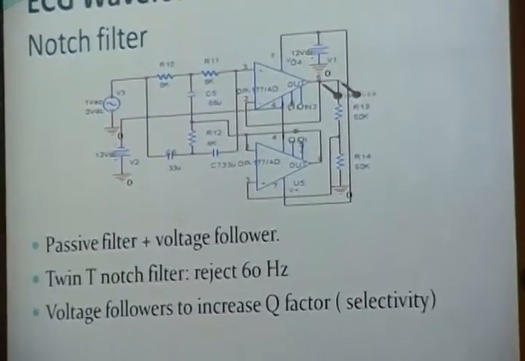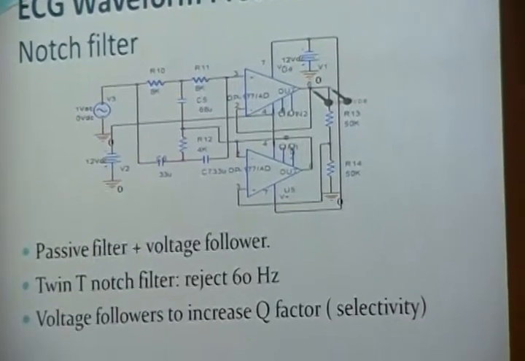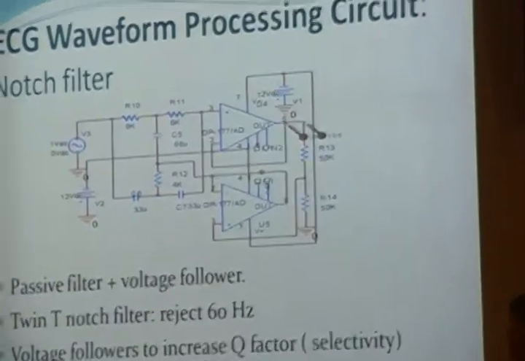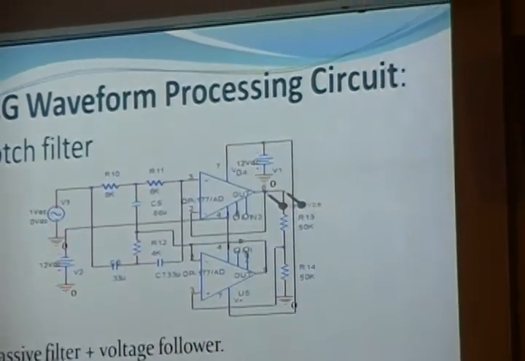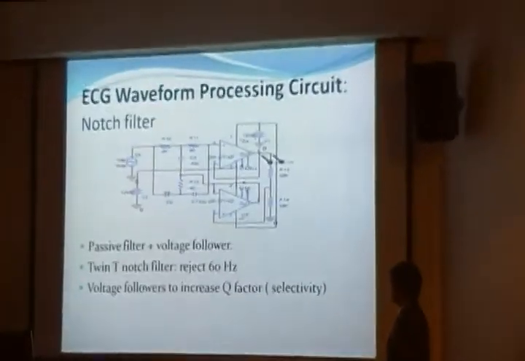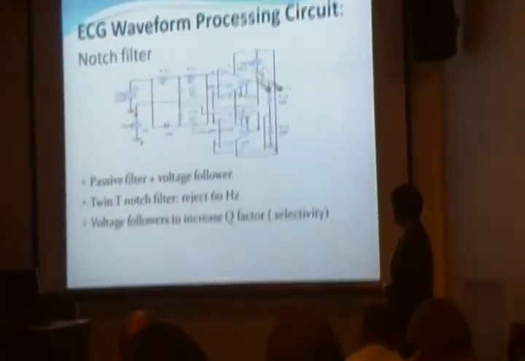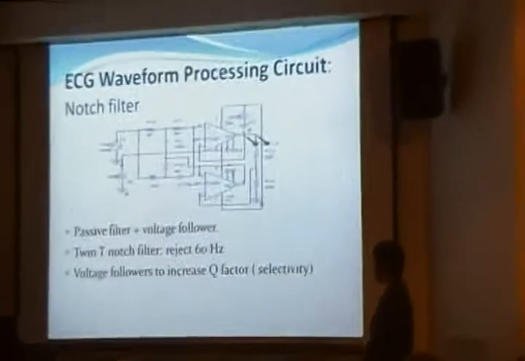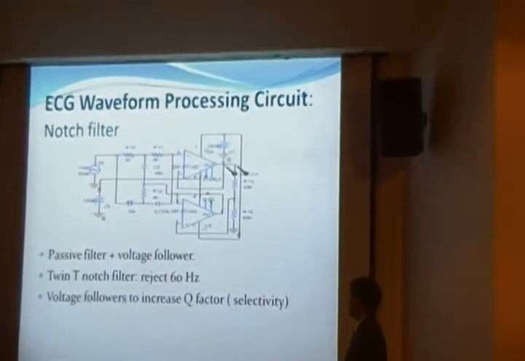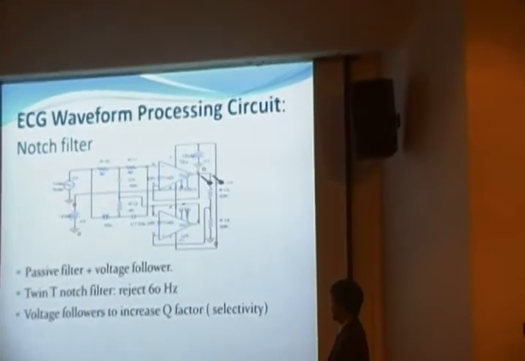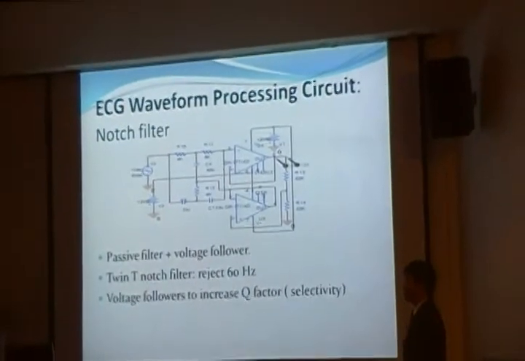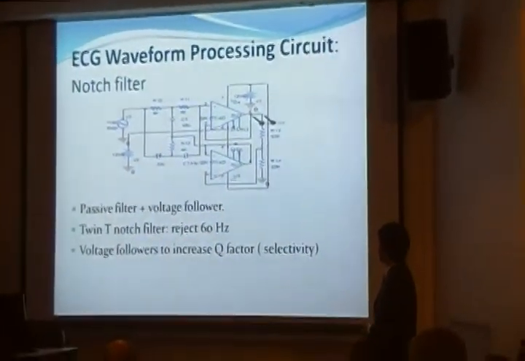Because we can use this device in a city power supply environment, the possibility of interference is very high. That's why we installed this filter in the device. Here we use a unity notch filter, and this filter can remove the city power frequency. And because the notch filter has a very low quality factor, we add the voltage